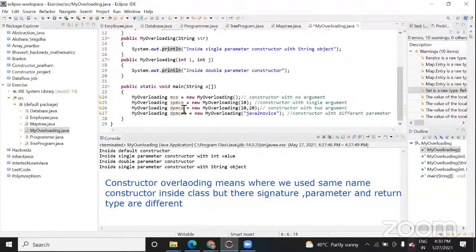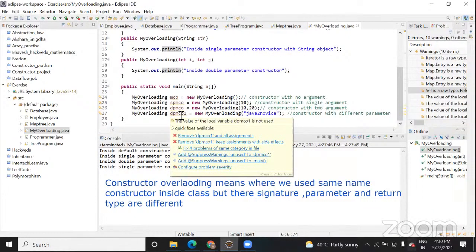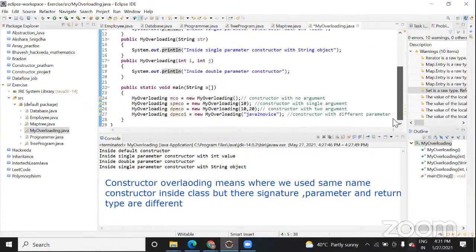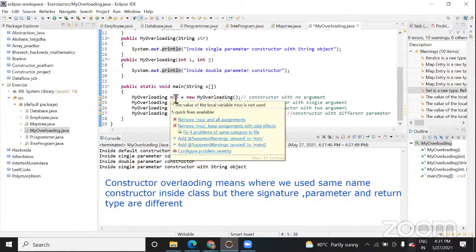Now it does give a warning that we have not called that constructor. This warning is not for that calling because we are not calling that object, we are creating. If I create any variable here and then if I call, then it will be a warning. But this warning, you can see when I place it, it's showing remove assignment because here I'm creating an object, but I'm not calling it, I'm not assigning any value to the constructor.